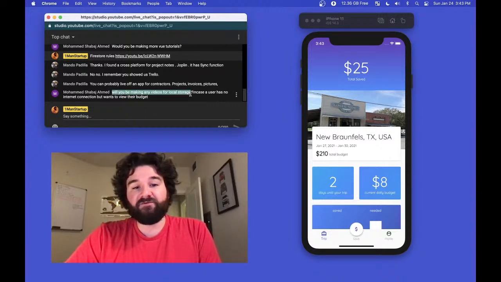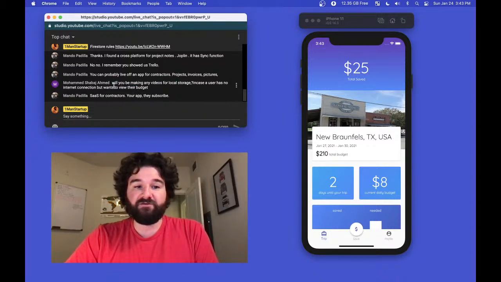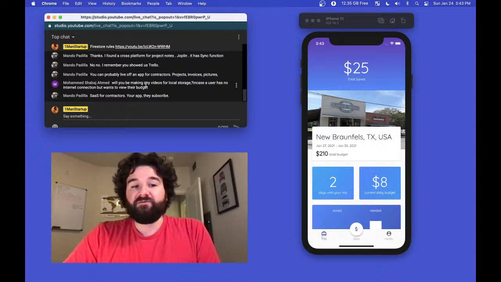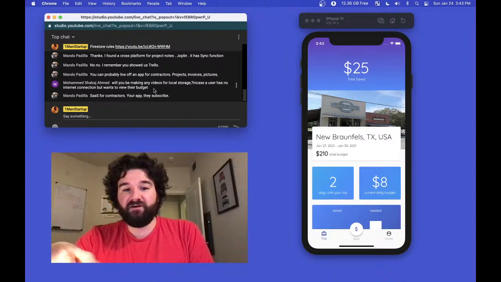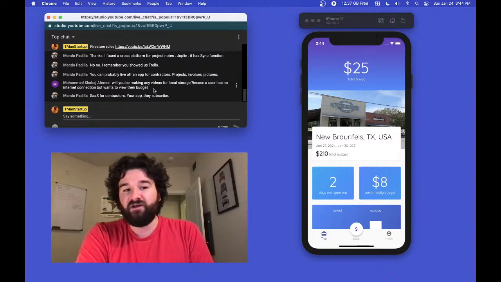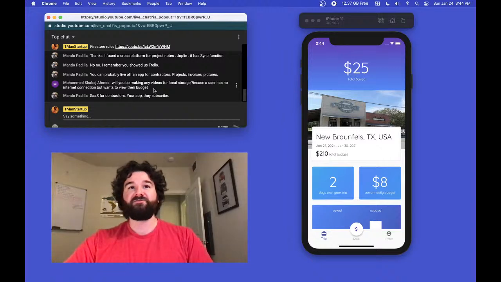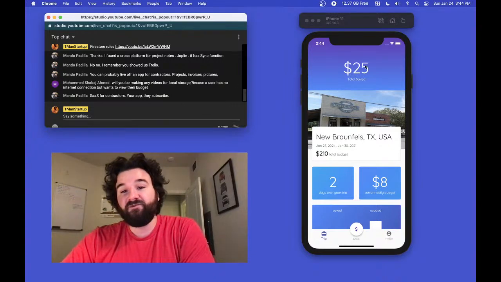Will I be making any videos for local storage in case a user has no internet connection but wants to view their budget? So this is a good point. With Firestore itself, there is already a version built in of using local. It isn't using local storage like how you would if you set up your app, but there's offline support. I haven't tested this with this travel budget app, but I believe out of the box,